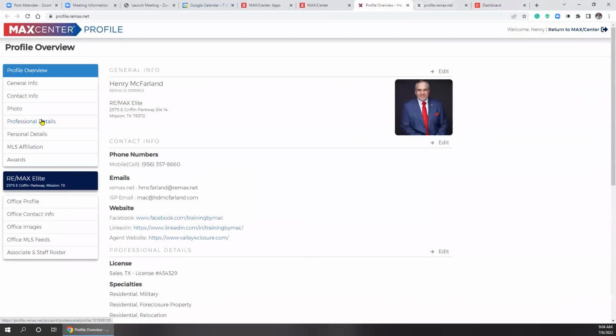So you go to the Mac Center, you click on Update Profile. When you click on Update Profile, the page is going to open up where on the left-hand side you're going to see your professional details. And that's the one you want to click on. When you click on the professional details,